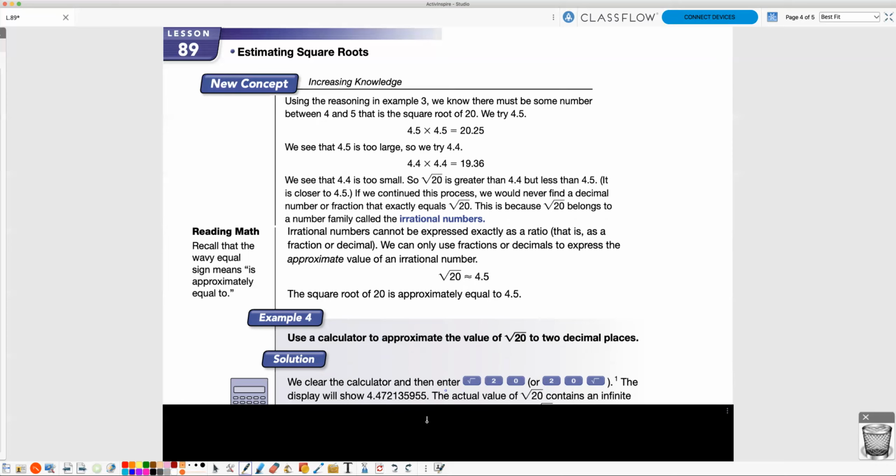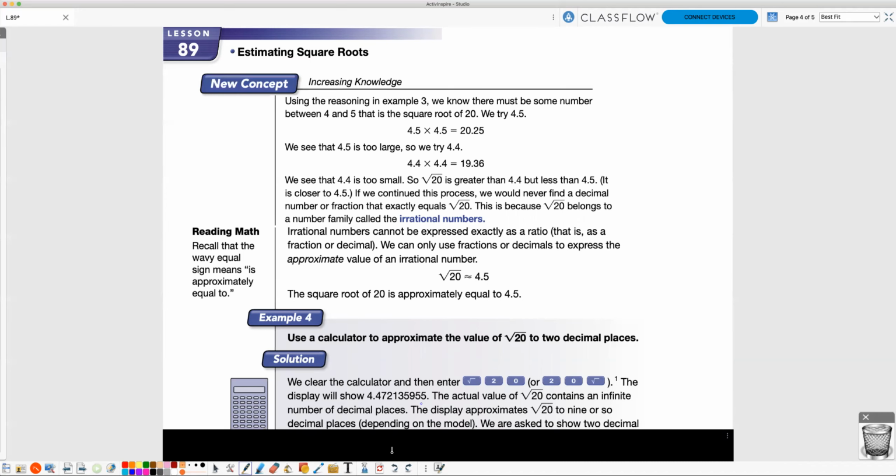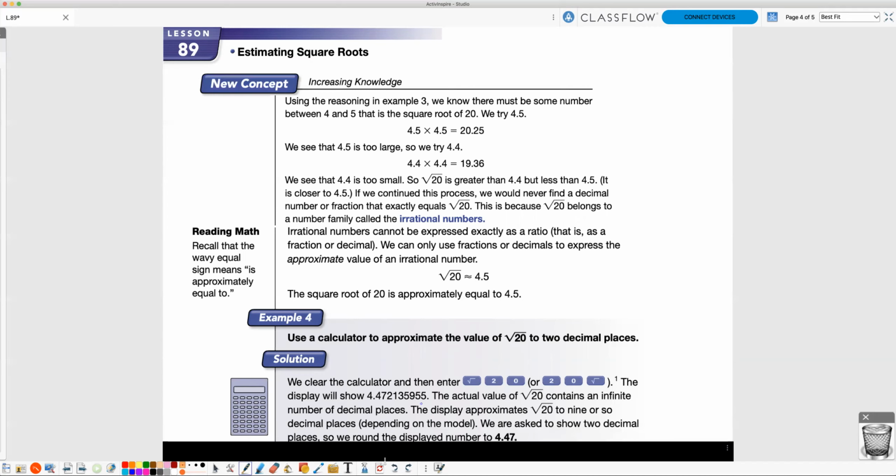The display will show 4.472135955. The actual value of the square root of 20 contains an infinite number of decimal places. The display approximates the square root of 20 to 9 or so decimals, depending on the model of calculator that you have. We are asked to show 2 decimal places, so we round the displayed number to 4